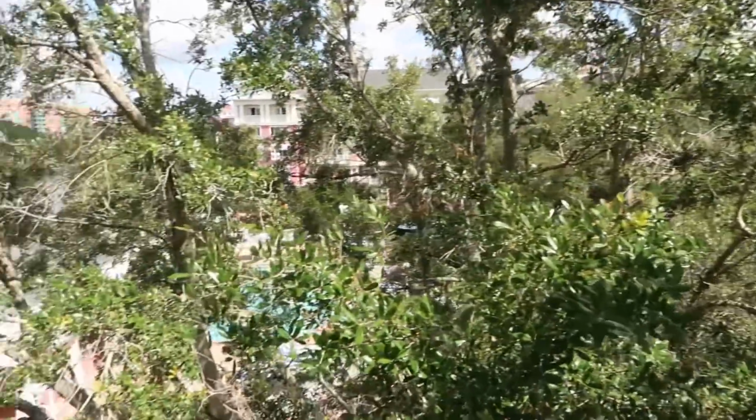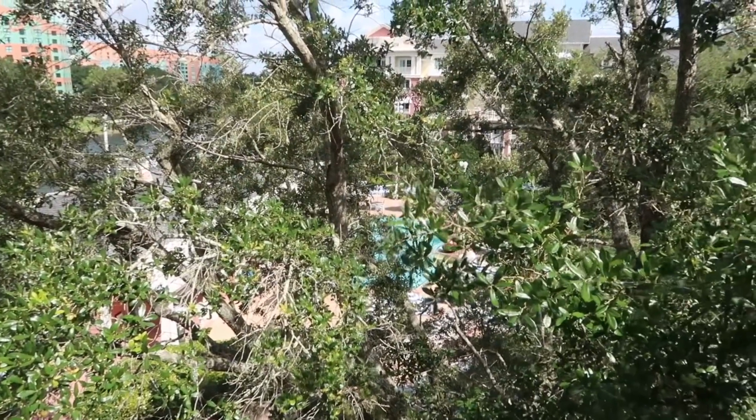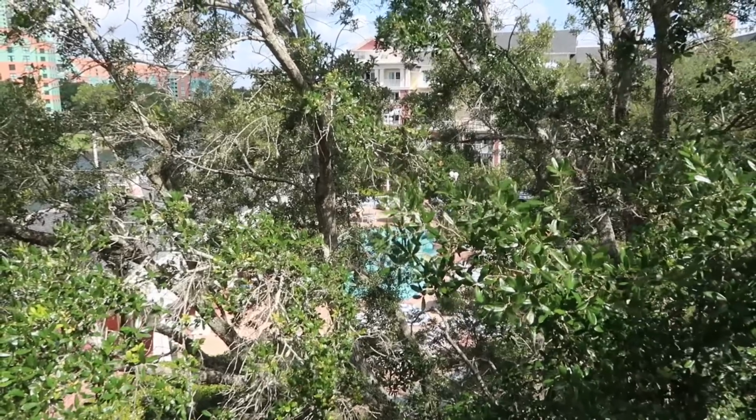I hit that pool down there early this morning that is obscured by branches. Not the main pool, but it is a pool. There's two pools here. Also hit the gym